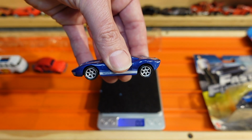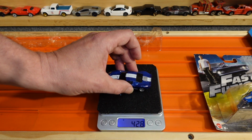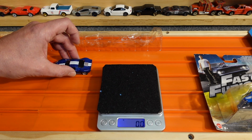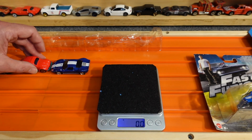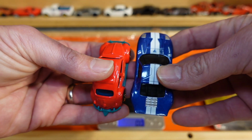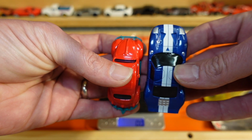A little noisy. Graphite should take care of that, no problem. 42.8 grams, and yeah, fits just fine in this track. Quite a bit larger in size compared to the Matchbox cars we just took a look at, but it does fit in the track,